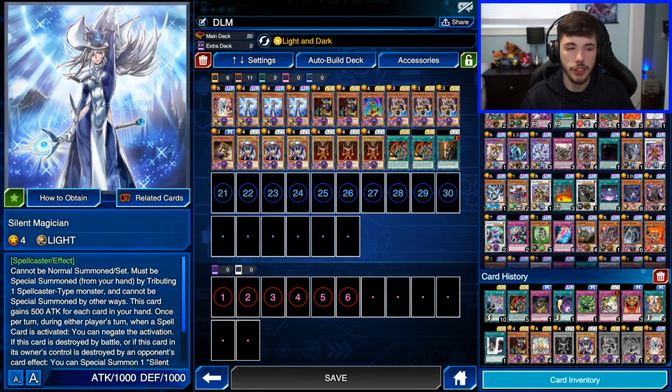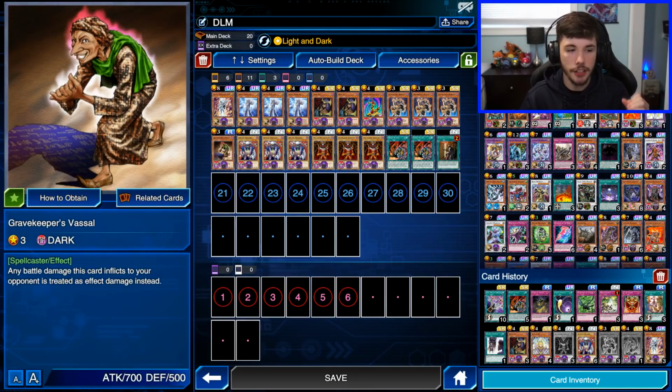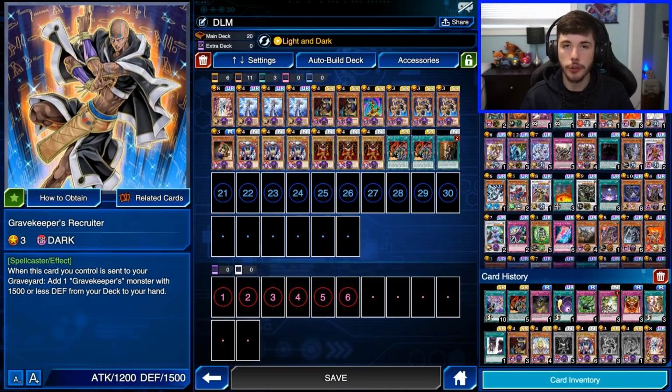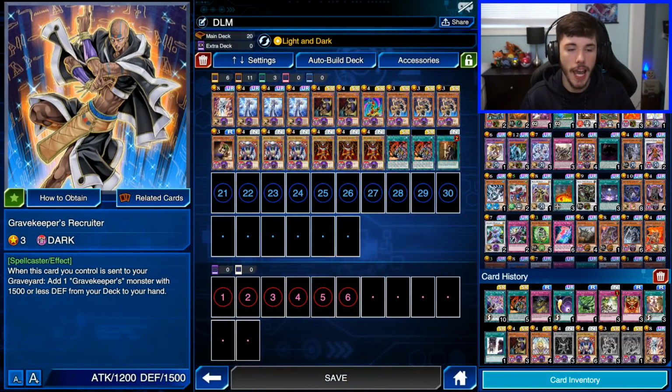The cards that you absolutely need is 3 copies of Silent Magician. You need to have Secret Passive Treasures and Union Attack. You need to have Gravekeeper's Vassals, and these are like the absolute needs. You also do need a Gravekeeper's Recruiter to thin out your deck. Luckily, this card is a free-to-play card to get. You can use your SR tickets or ranked duel stuff to get Gravekeeper's Recruiter, and other than that, you should